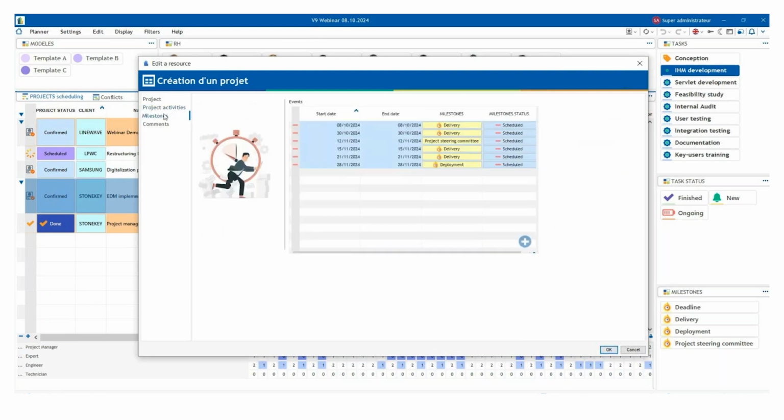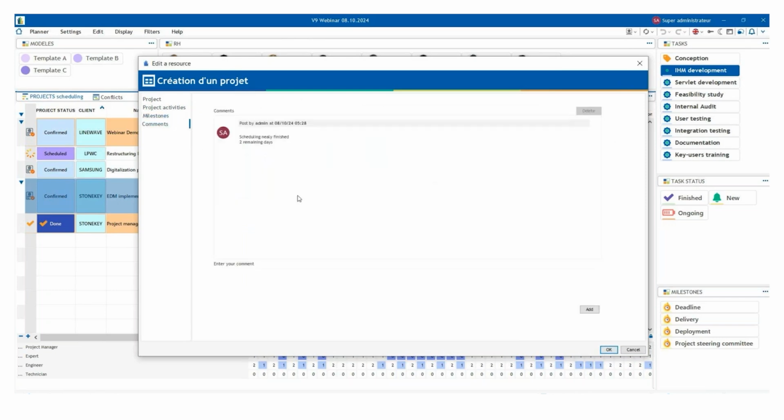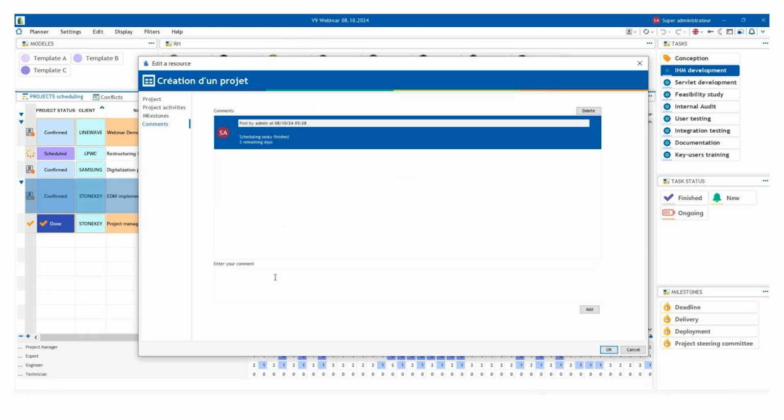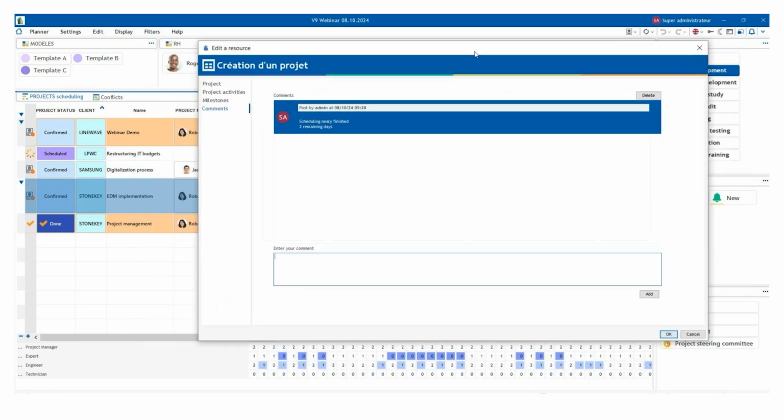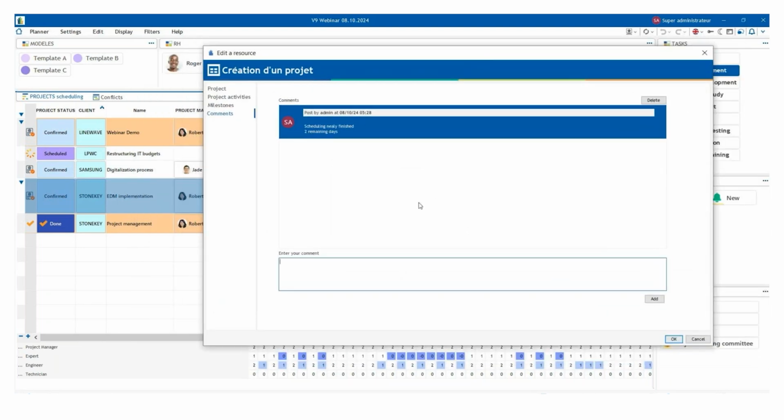And also we can have here the milestones of the project just filtered over here, and we can, for example, add comments in case we need to share some information. For example, here I would say, so as far as I remember, it's Roberta who is taking the lead of this project as a project manager. So I would say, Roberta, thank you,